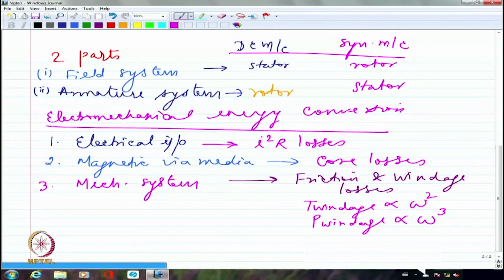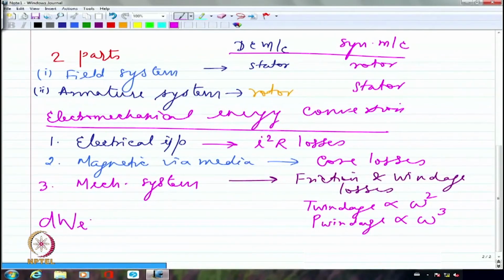Whereas if you are talking about iron loss, that is clearly real power loss because it will contribute to heating. Whereas leakage flux is not going to contribute towards heating, it will only go into voltage drop. Am I right? Okay. So normally we should write, if it is a motoring mechanism,